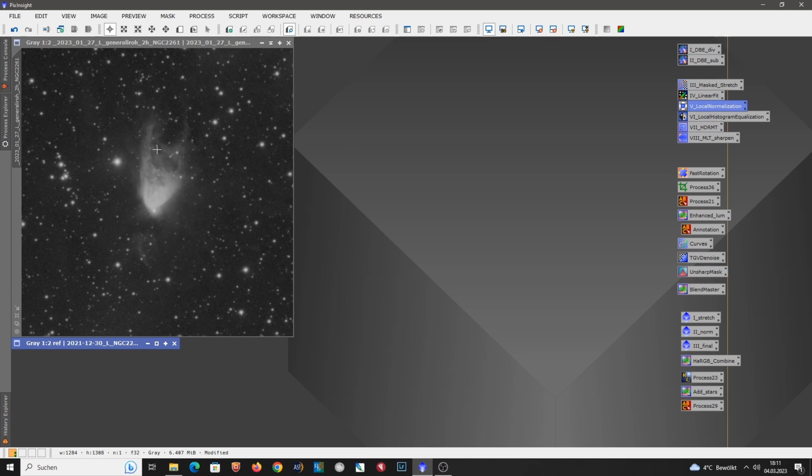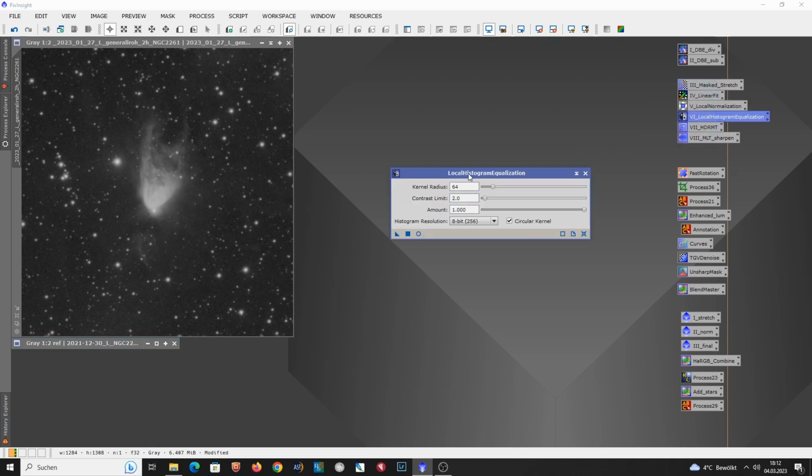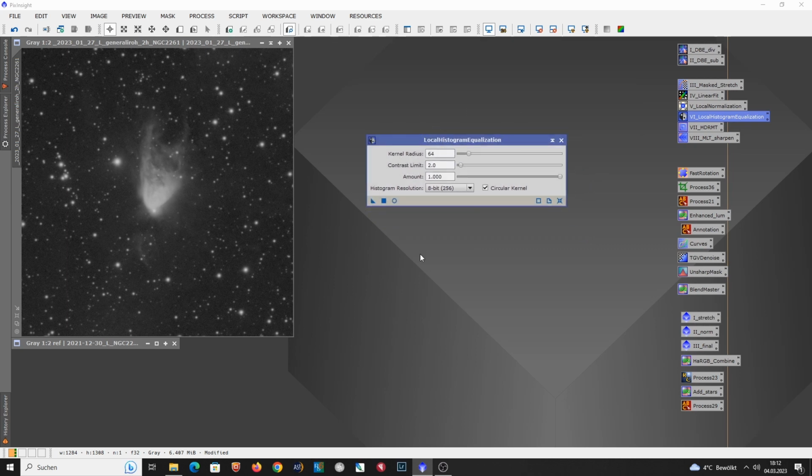Okay, so now we have applied a local normalization. Now I want to enhance the features visible within the nebula. You can see there are some brighter parts in the nebula that I want to adapt a little bit to the brightness of the fainter parts, and I also want to apply a little bit of sharpening. So the first step I typically apply is local histogram equalization with a fairly small kernel radius and a small contrast limit. The problem is when I simply apply it to this image,